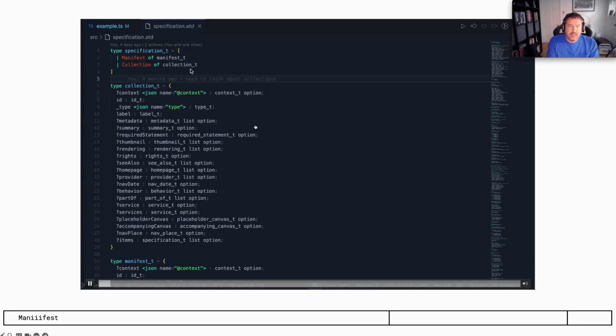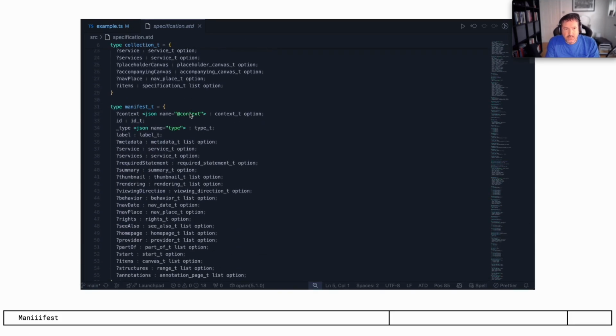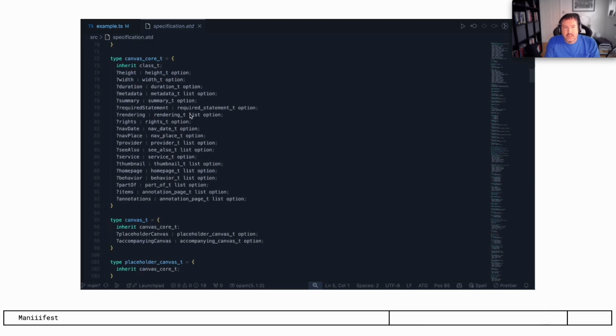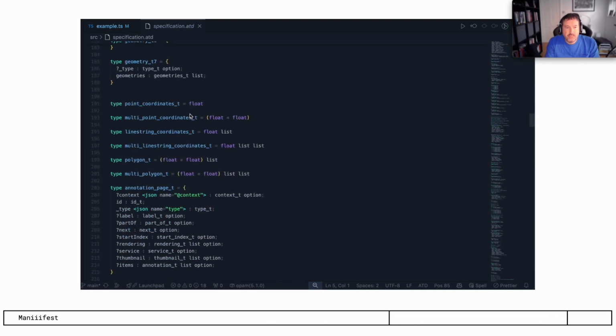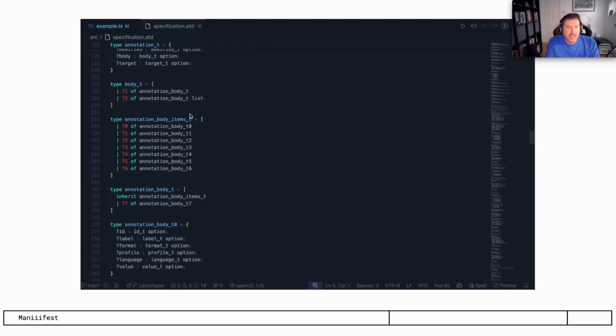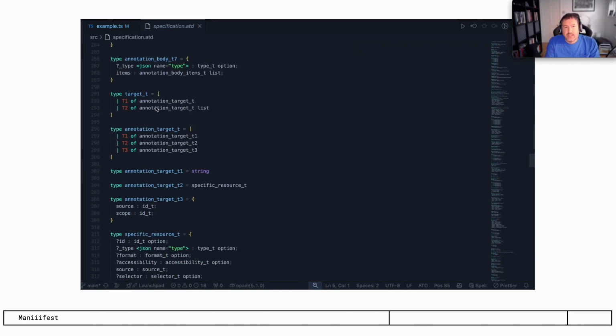This is what the current ATD DSL looks like. We have a series of types and properties that can be optional and choices between various types. So a target could be a single item or an array, and then each actual target could be a choice